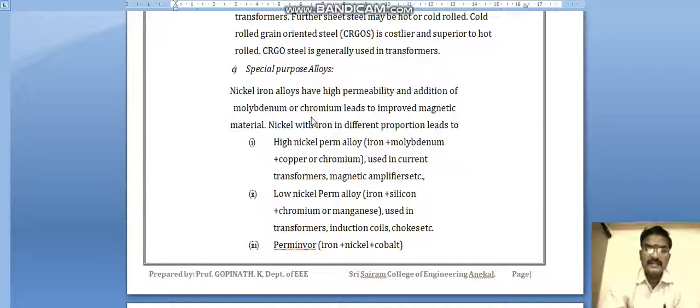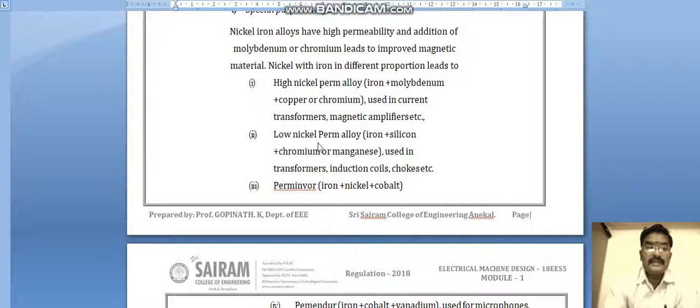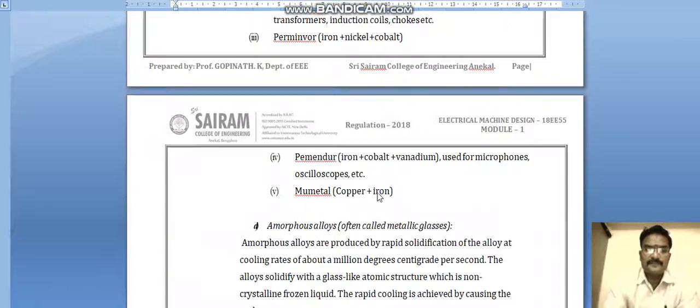Nickel with iron in different proportions gives high nickel permalloy: iron plus molybdenum plus copper or chromium, used in current transformers, magnetic amplifiers, etc. Low nickel permalloy: iron plus silicon plus chromium or manganese, used in transformers, induction coils, choke coils, etc. Perminvar: iron plus nickel plus cobalt.